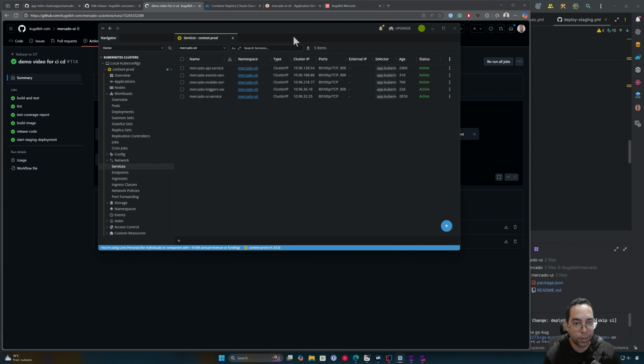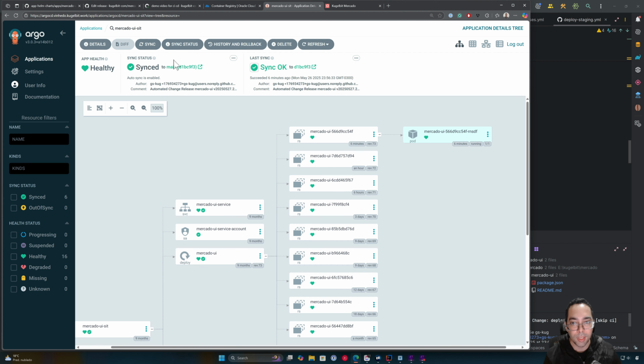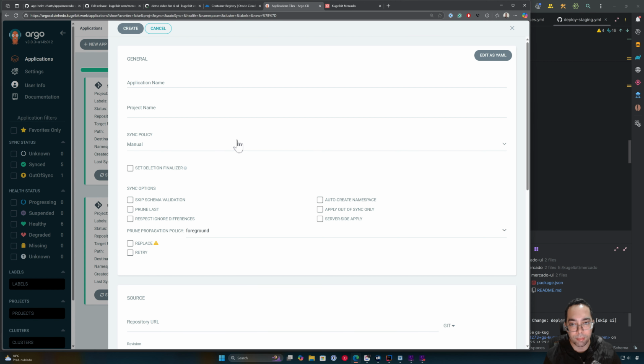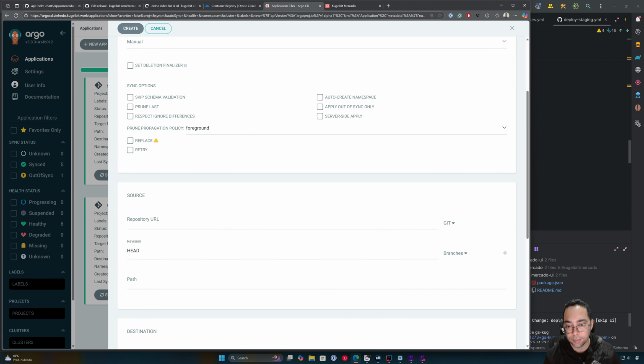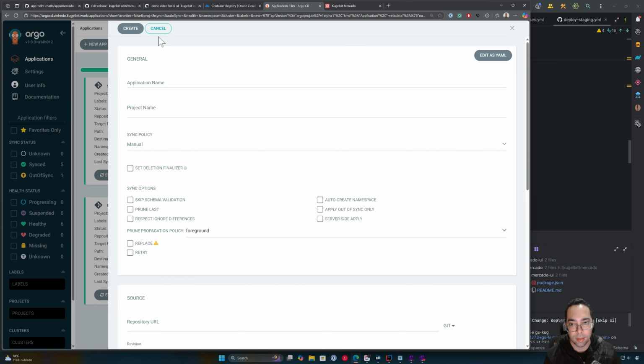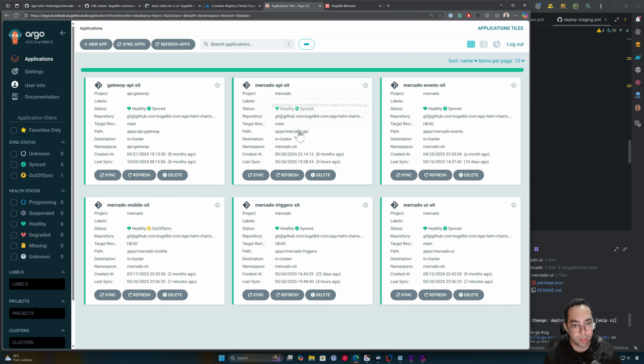You just need to point a different cluster into ArgoCD. In ArgoCD, you could create a new app and select the cluster that you want to deploy to. And you also select the environment. Let me check one that is here